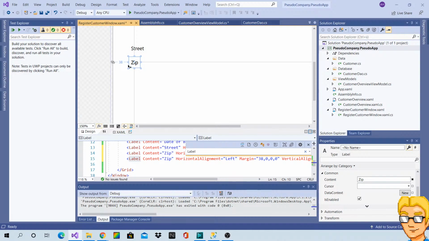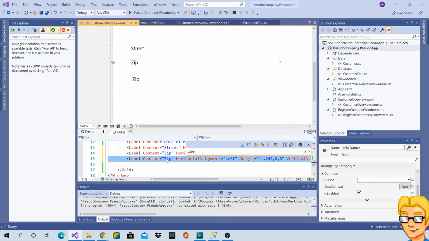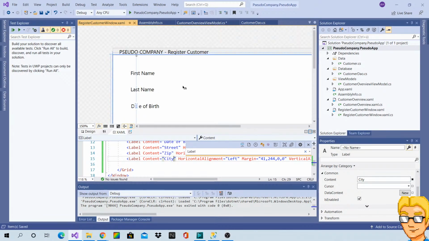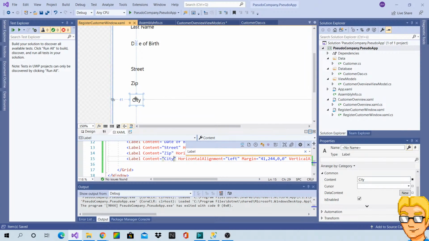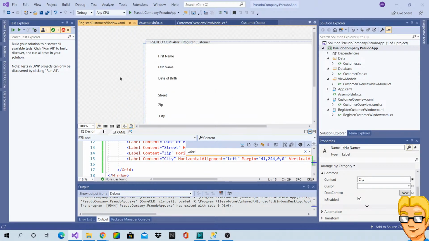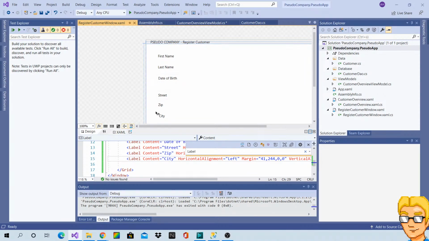Hold on. What's wrong? Okay, it's going to be really ugly, but who cares? And I guess that's it. I guess we could put this in a group and stuff, but it's for proving a point, not for winning a beauty contest, so.